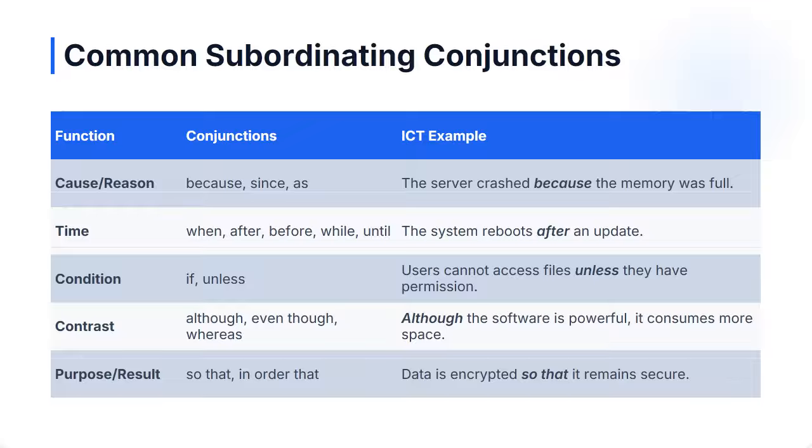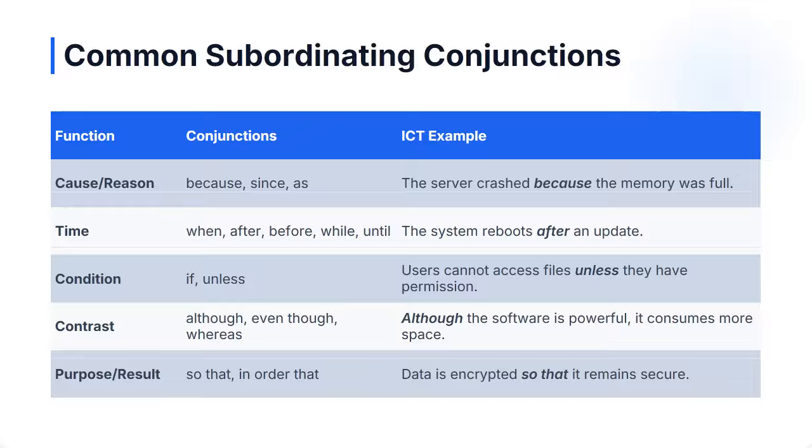We have conjunctions as well for contrast, that is to say, they show that we have two contrasting or opposite ideas related together to formulate a complex sentence. For example, although, even though, whereas. Although the software is powerful, comma, it consumes more space. Here we have started our complex sentence with the dependent clause. And we have finally